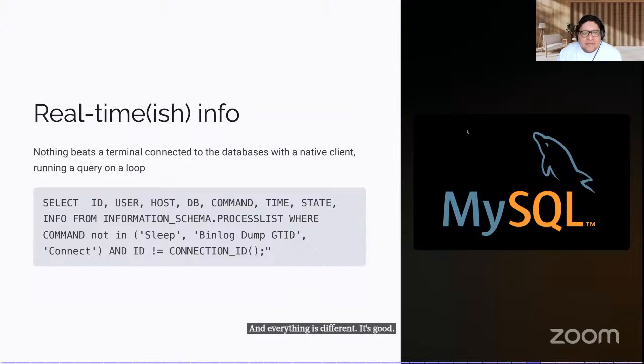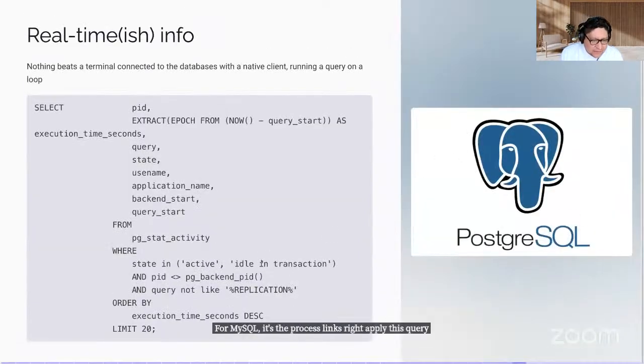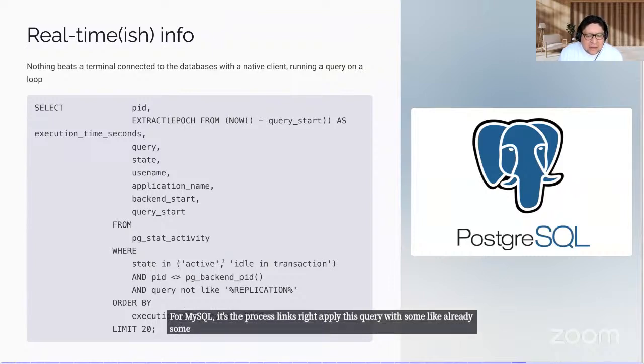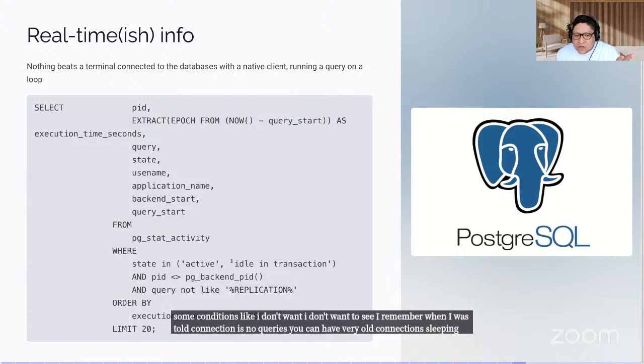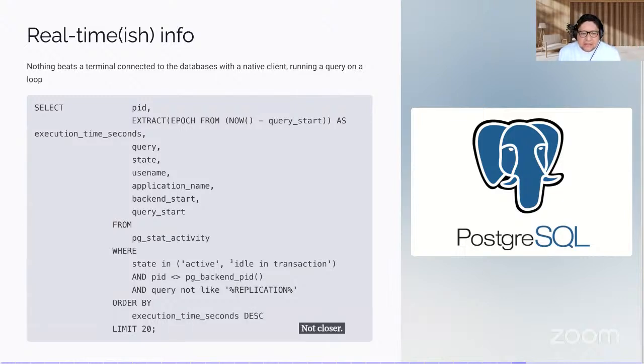For MySQL, it's the process list, right? I provide this query with some conditions already. Remember when I was talking about how connections are not queries? You can have very old connections sleeping, not closed, but if you run this query without filtering them out, they will always be the top one, right?